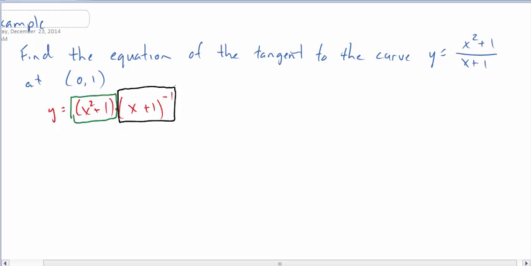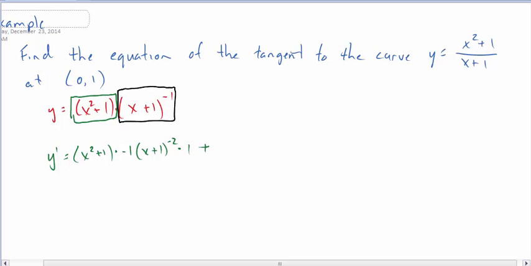So now we're going to go ahead and use our product rule. First times derivative of the second. Okay, derivative of the second, careful, this one requires the chain rule. Times negative 1, x plus 1 to the negative 2, times the derivative of what's inside, but nicely the derivative of what's inside is 1,